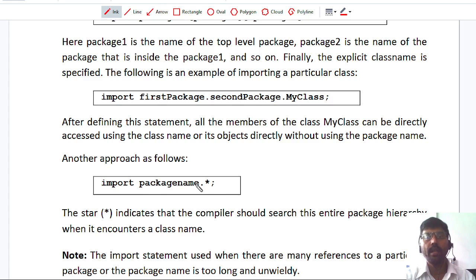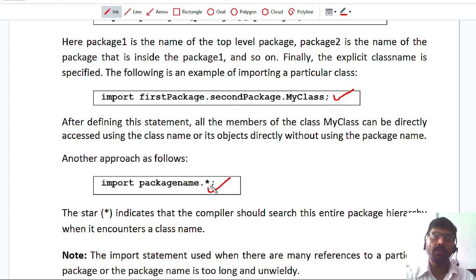At the end we have to write star. The star indicates all the classes which are available in that package. If I want to call a particular class, I have to write it this way. If I want to call multiple classes from the same package, I have to write it this way.